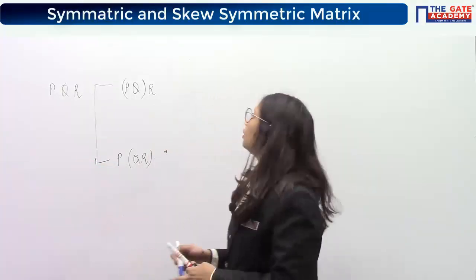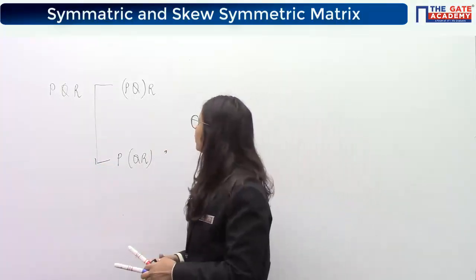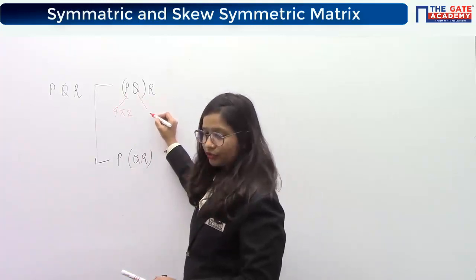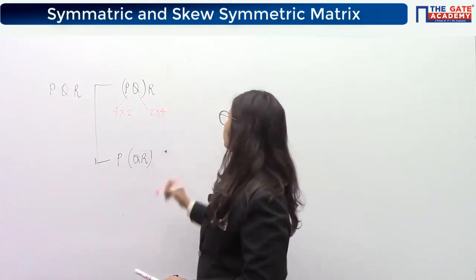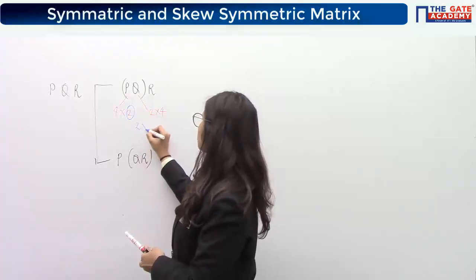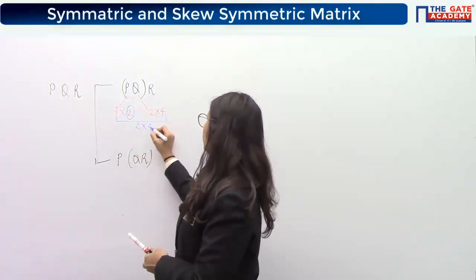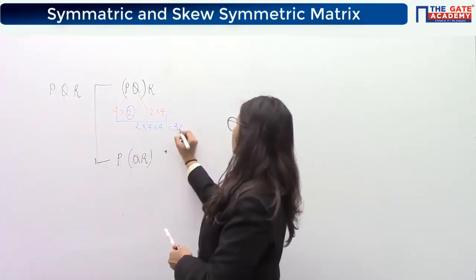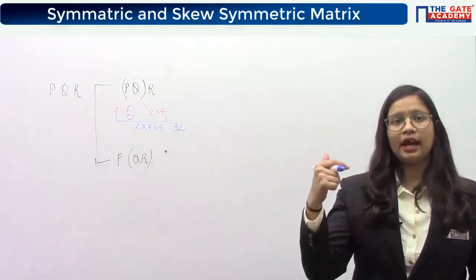So first of all, let's see what is the order of P. It is given in the question. Order of P is 4 cross 2, 4 rows, 2 columns. And then order of Q is 2 cross 4. So for this matrix product PQ, how many multiplications are required? You know that it is equal to N into M into P. N is this number, that is 2, and M into P means the order of the resultant matrix, which is this much. So 32 multiplications for just P and Q.